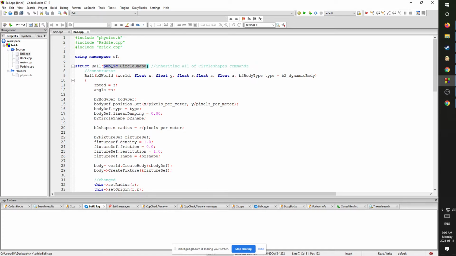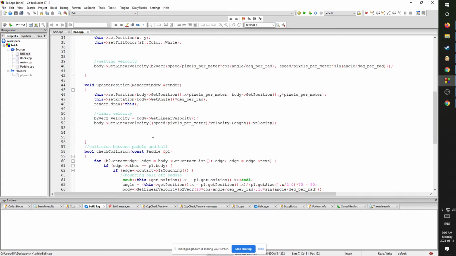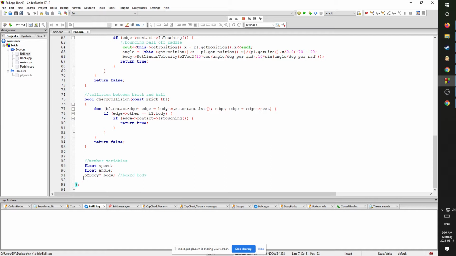We took on all the abilities for our ball of circle shape through SFML. Not only that, but we made it have its own b2Body variable. And this is the variable that allows us to talk to Box2D and add any physics we want to the body of our ball. Okay, and then we just kind of borrowed some code from the physics.h, but doctored it up a little bit